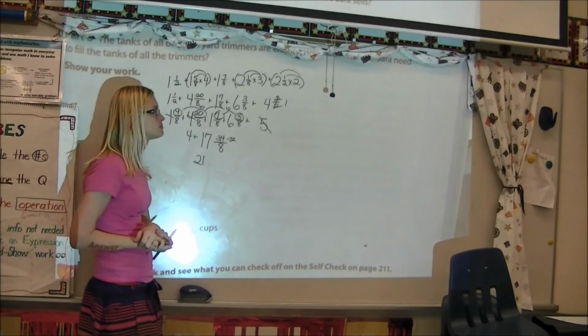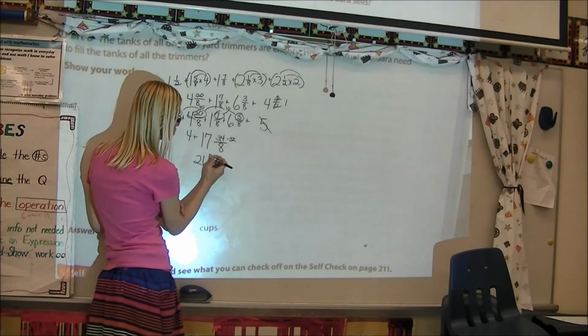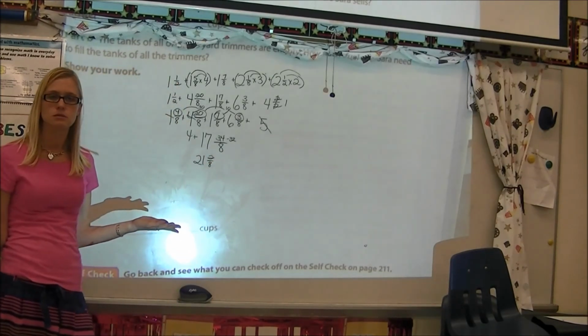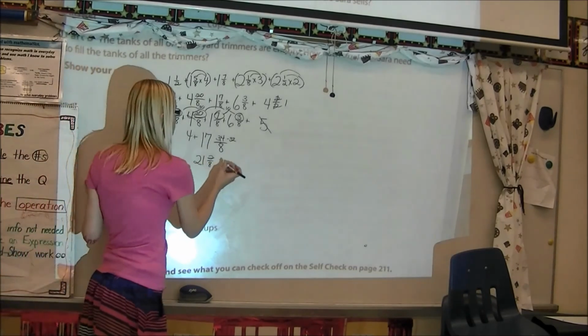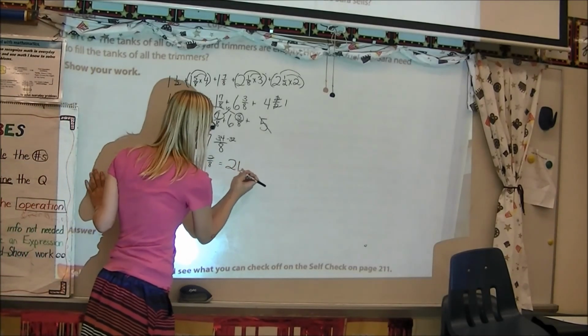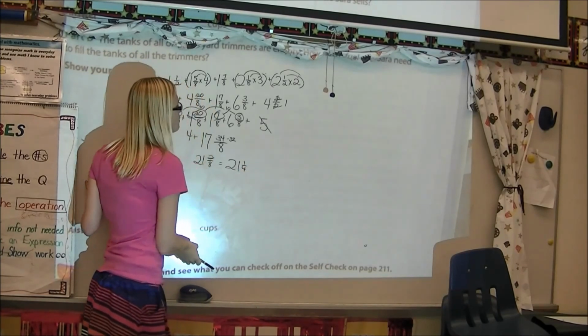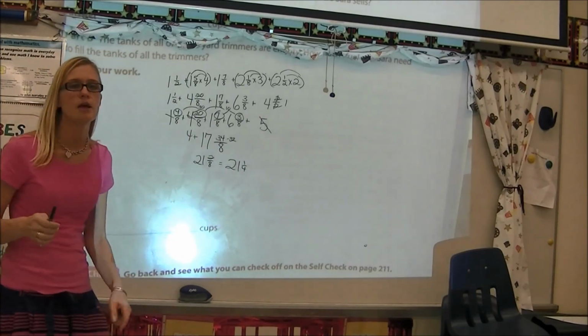And what do I have left over? Good, you have 2 8s. What do I know about 21 and 2 8s? It's equivalent to what? Right, 21 and 2/8 is equivalent to 21 and 1/4. So the total amount of gasoline that she needs in order to fill all of her tanks is 21 and